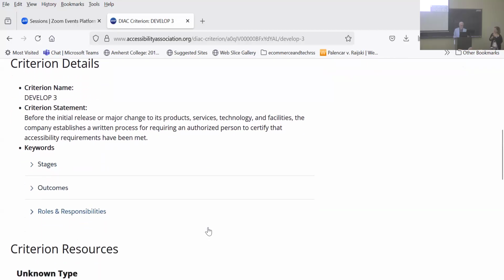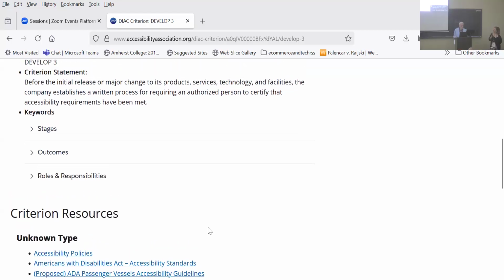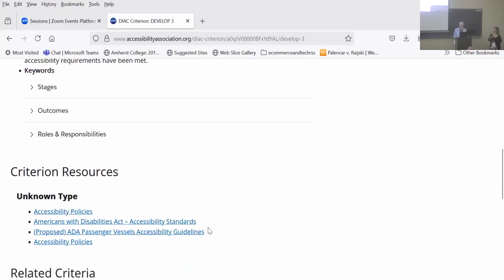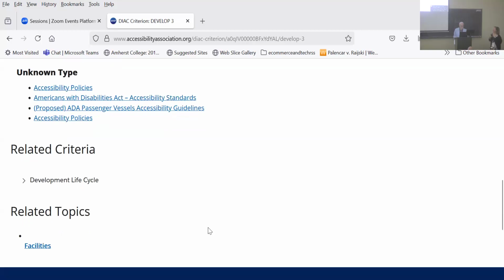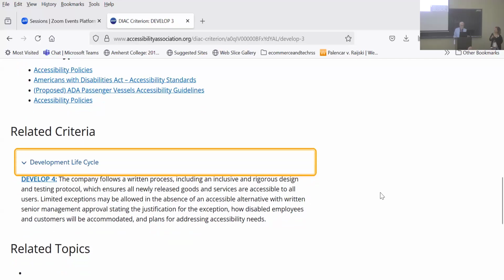So when you click on that criterion, what you're going to see in the tool are related criteria, right? Yep. So if you click on that, you get one more criteria.